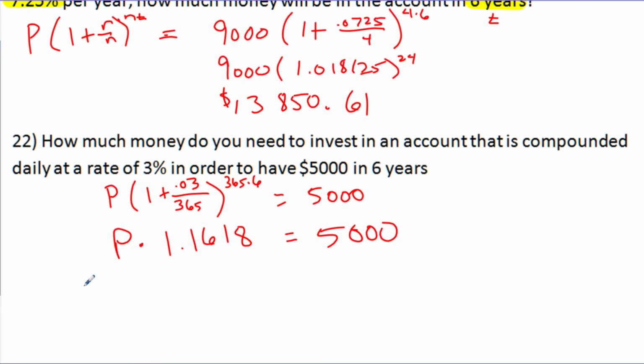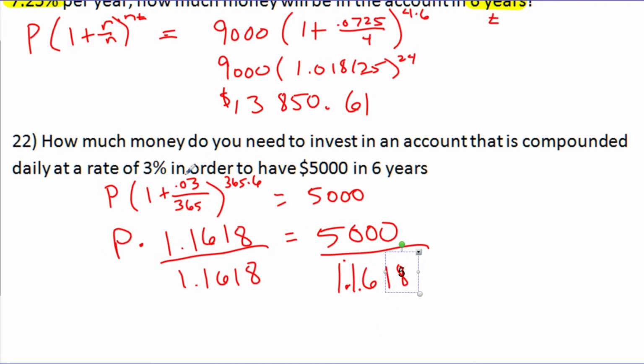So if I want to know what p is, I'm going to divide both sides by this, and that's going to leave p alone. 1.1618, and I'm going to do 5,000 divided by that. On my calculator, not on the screen, 5,000 divided by 1.1618 is about